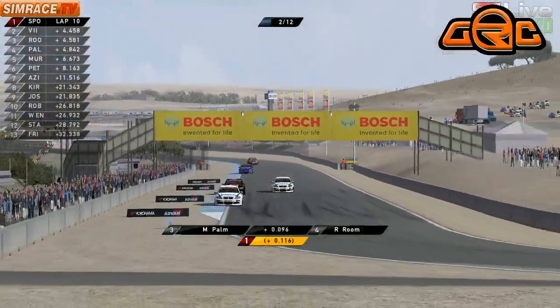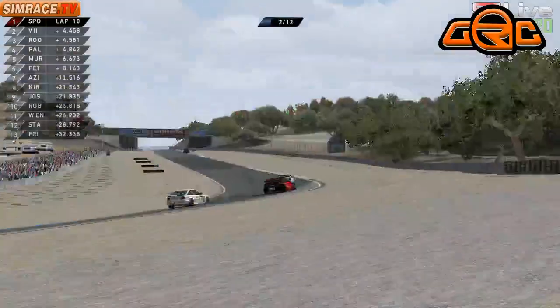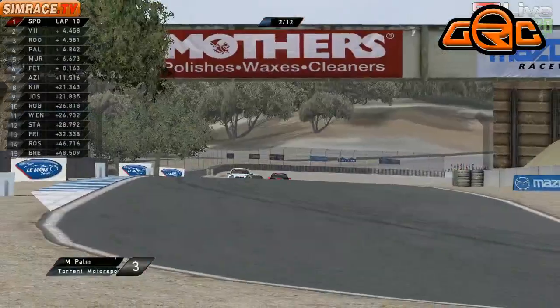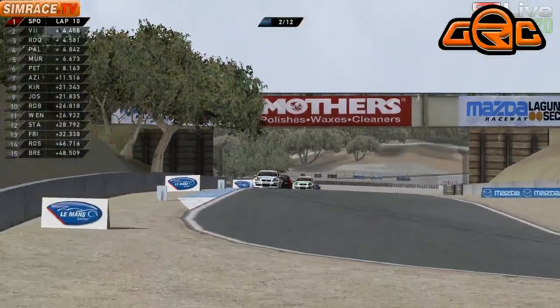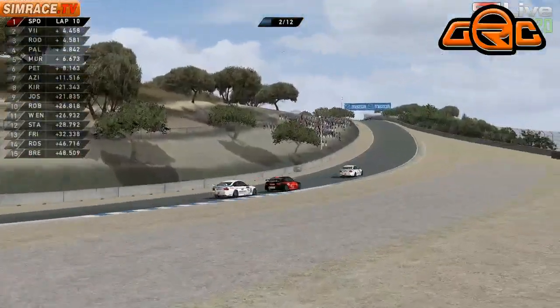Reino Room desperately trying to find enough slipstream to make it happen. Palm goes in very deep into that corner. I think that's going to really affect him. He's had to cut right across to cover the line for the next corner. This is going to leave Palm vulnerable. And there's only one more lap to go after this one,